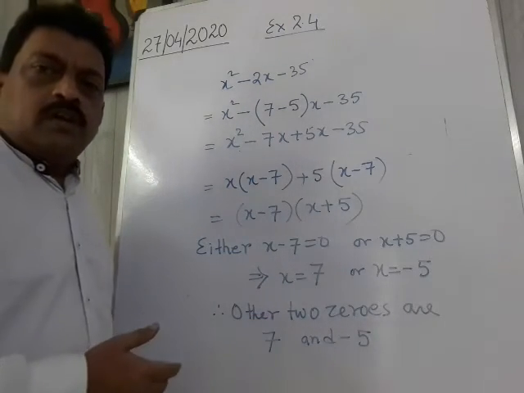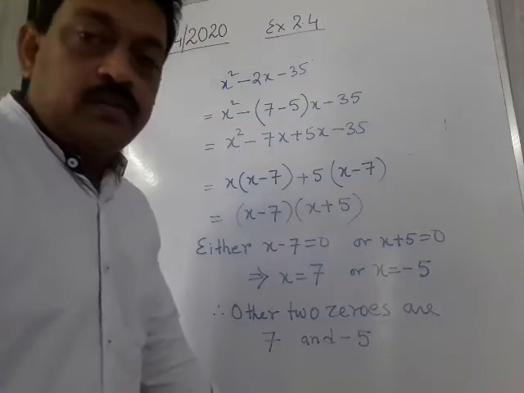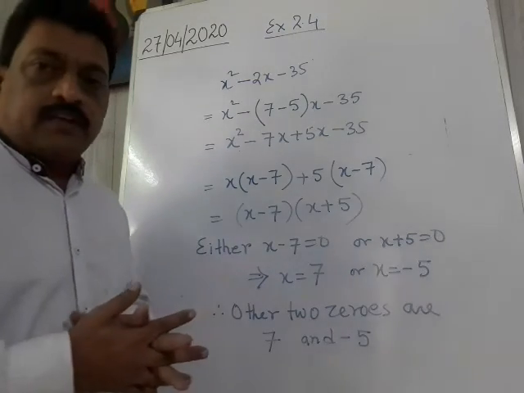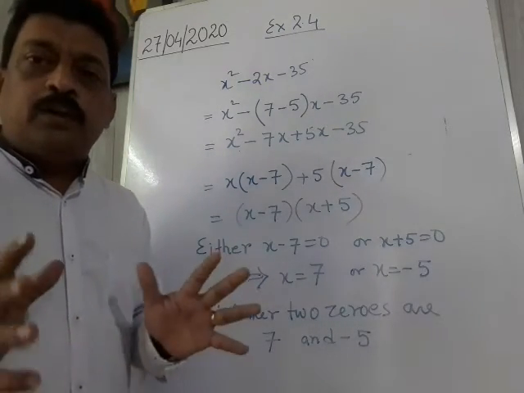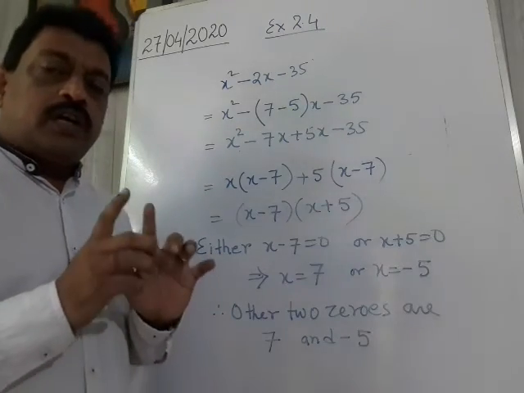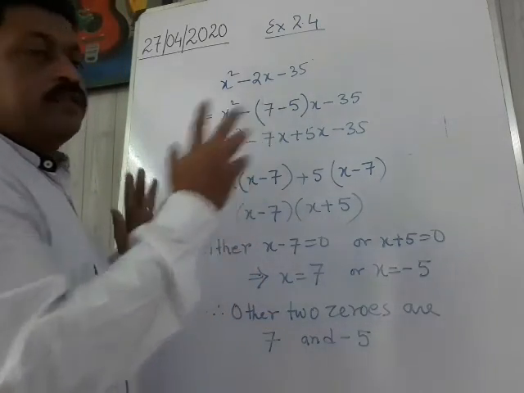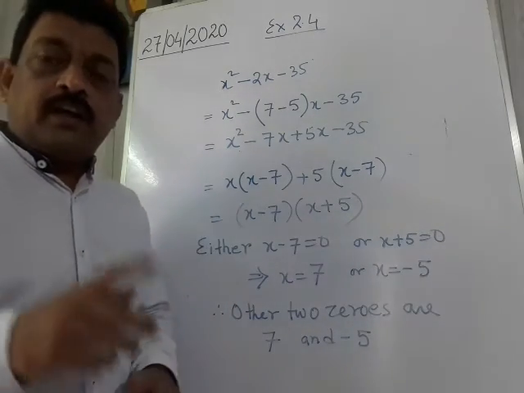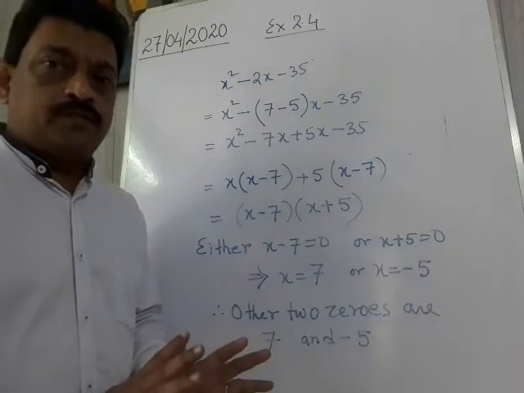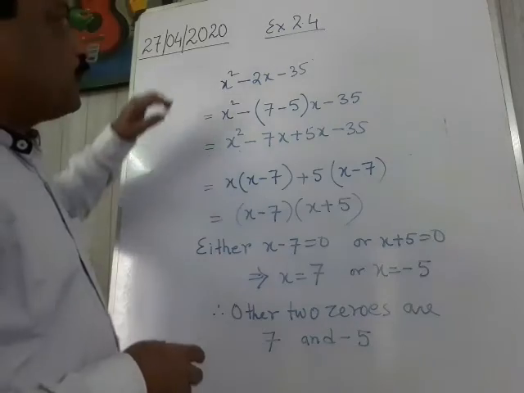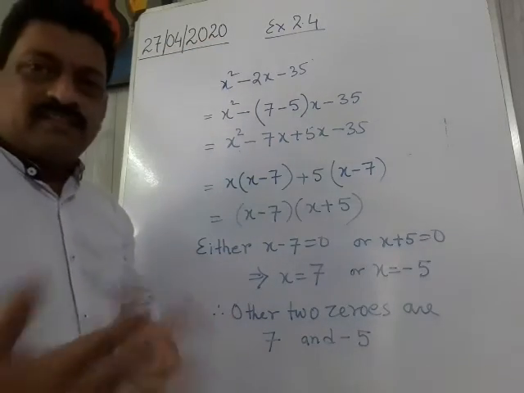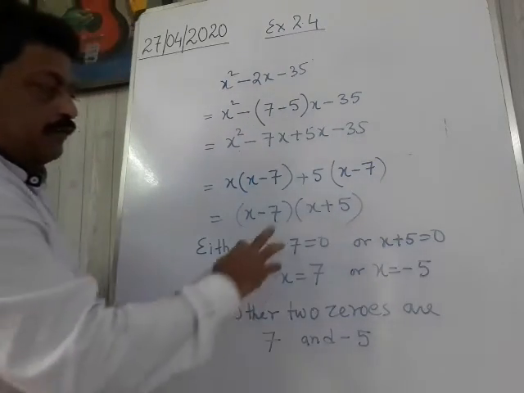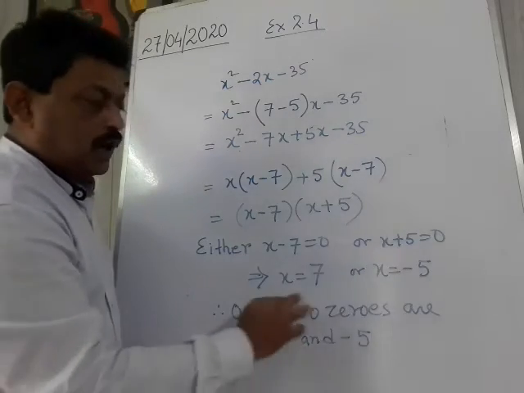Though the sum is a little bit longer, the steps you can easily do. Let me tell you the whole process again. First of all, form a polynomial with the given zeros. Then with the help of that polynomial, divide the given polynomial, the bigger one. You will get a quotient after dividing. Be sure that the remainder is 0. Now go for middle term factorization or factorization by any method of the quotient. There you will get two factors, and from there you can calculate the other two zeros.